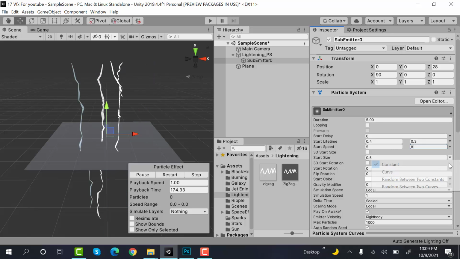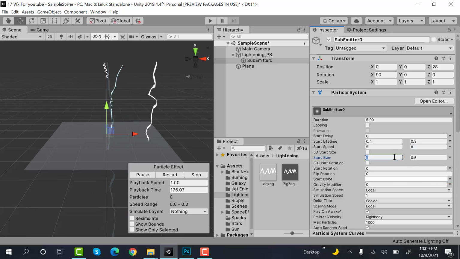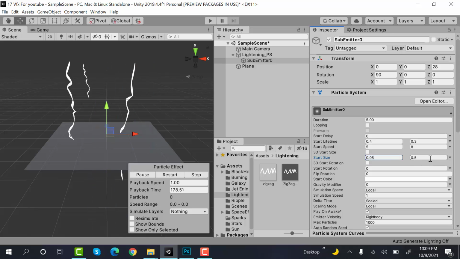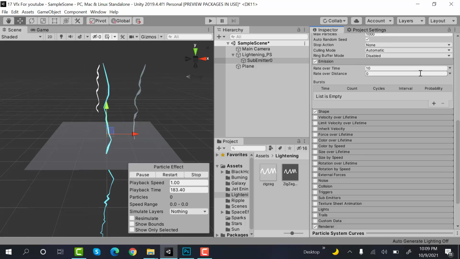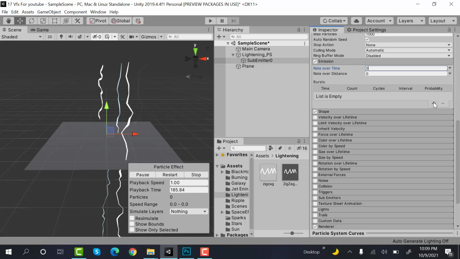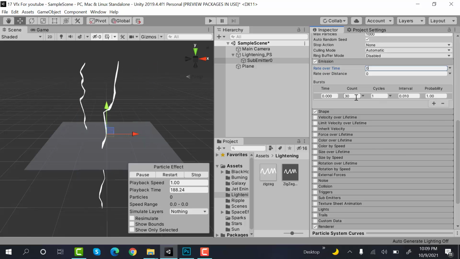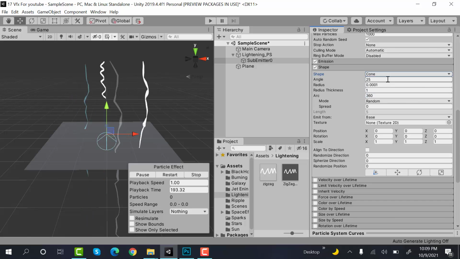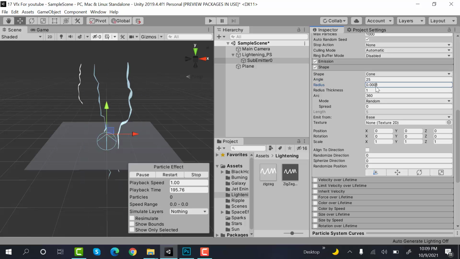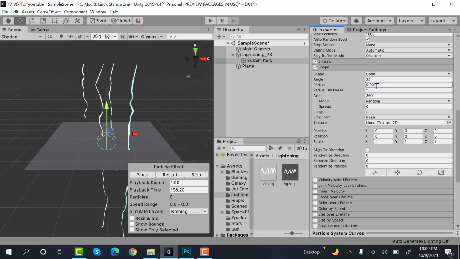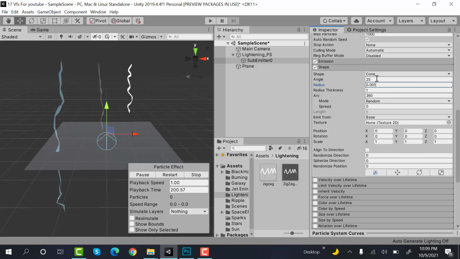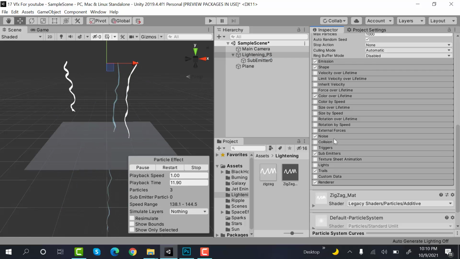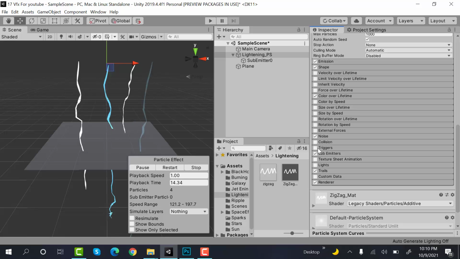Size is random between two constants, 0.05 and 0.2. Now inside emission, set the value to 0 and add a burst of 5. Set the shape to a cone, and the angle will be 1 and radius will be 0.001. After that, go back to this one and add a collision here,